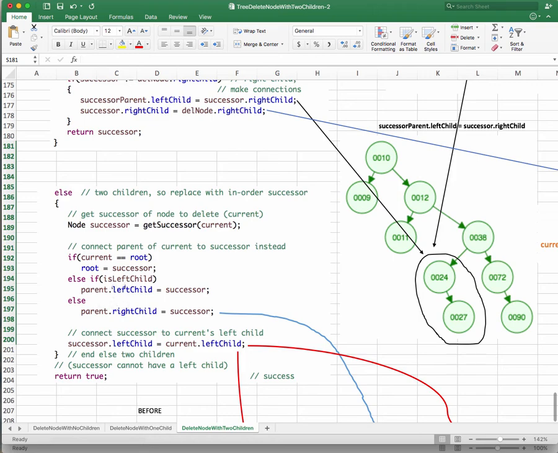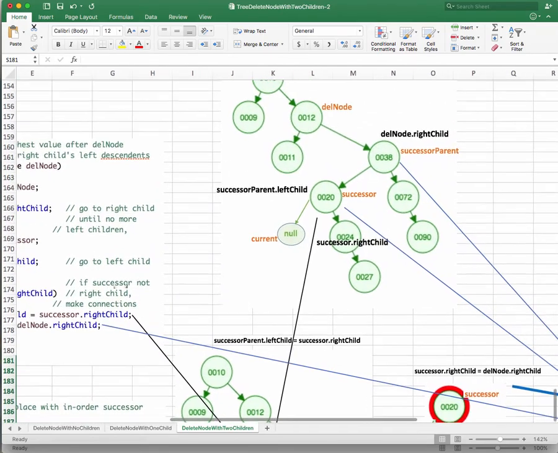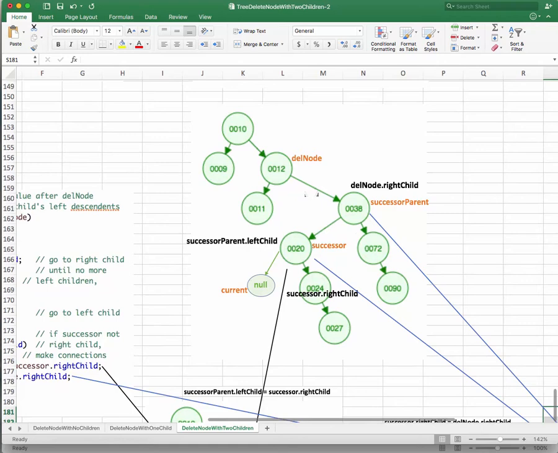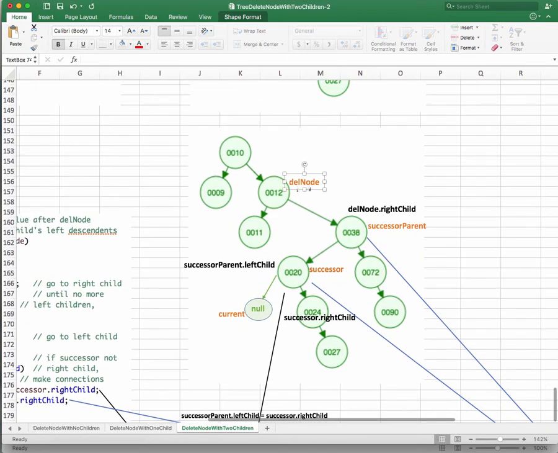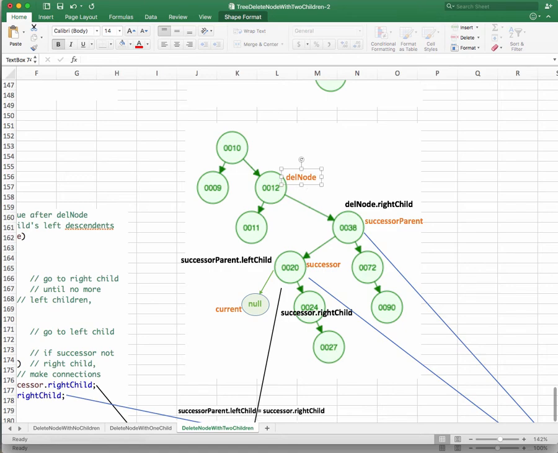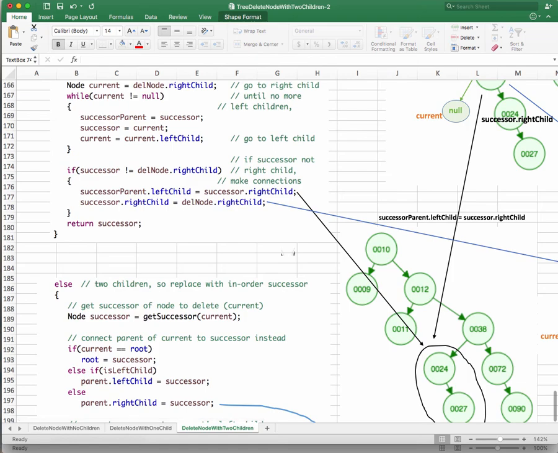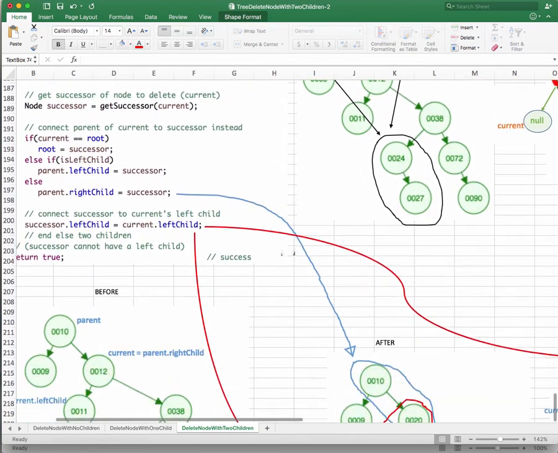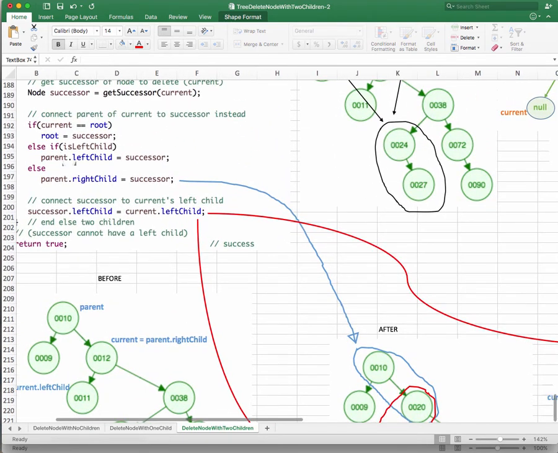And it is a left child. So again, let's go back to this here. It is not a left child, right? Because this is my delete node, and the delete node is the right child of, wait, hold on. If it's a left child, so now I'm getting confused. So if it is a left child,